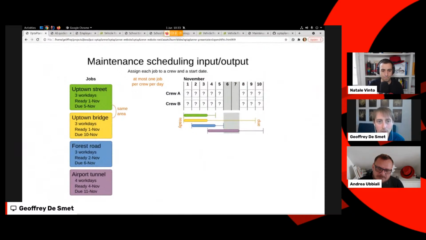How would you use Optaplanner to solve these kinds of problems, and what can you expect? So in the maintenance scheduling problem, just to introduce the use case, we need to assign a number of maintenance jobs. This is for road maintenance specifically, like work on the uptown streets, uptown bridge, forest road, airport tunnel. So these four jobs, we need to assign them to a particular crew to handle that, and to a particular